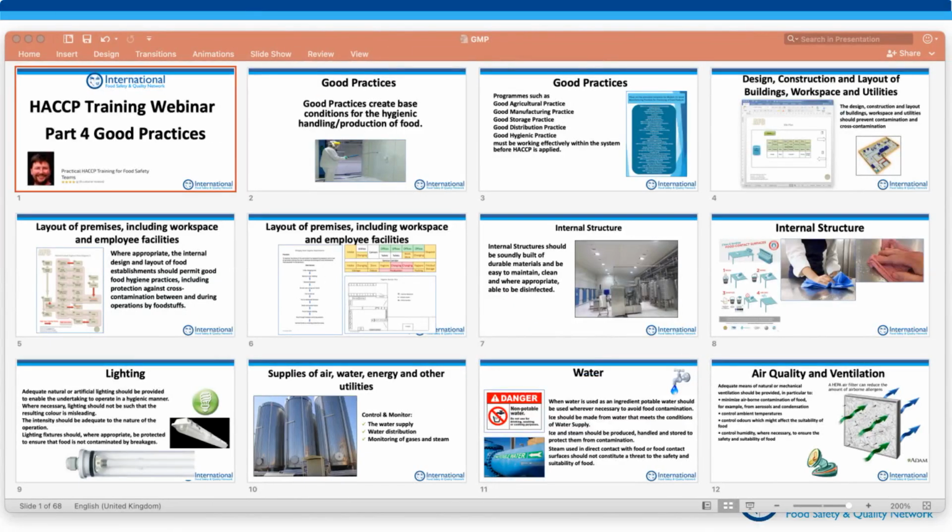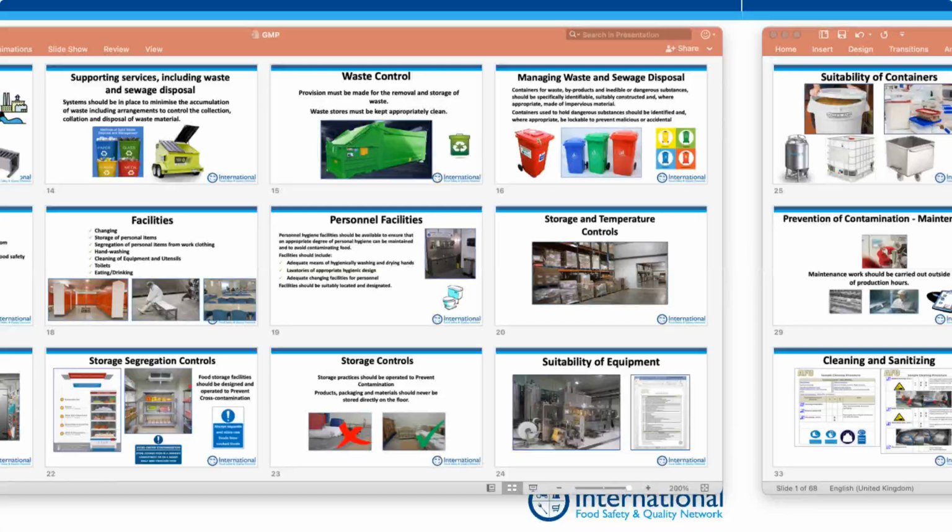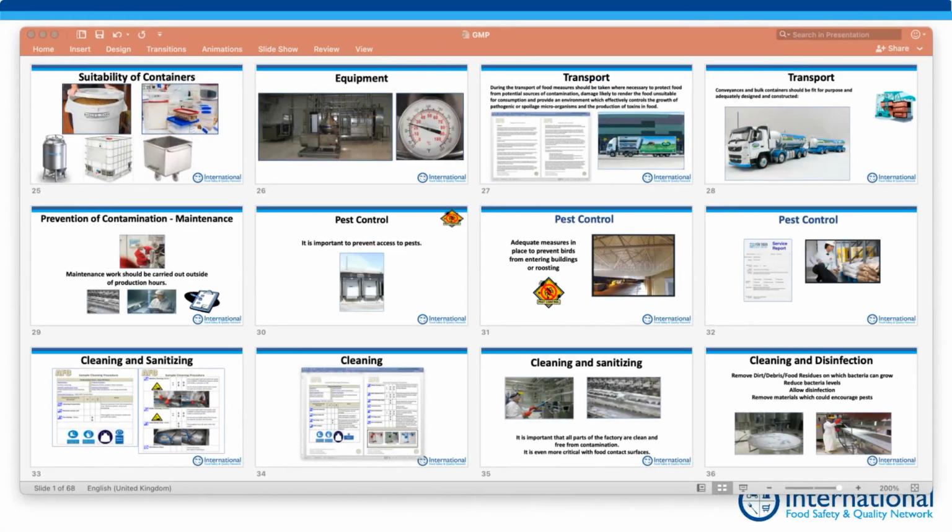So these include good manufacturing practices, maybe standard operating procedures, requirements for design, layout, constructions of buildings and facilities, maintenance programs for equipment and buildings, things like rework control, waste control, equipment, transport, preventive maintenance, pest control, pest management,